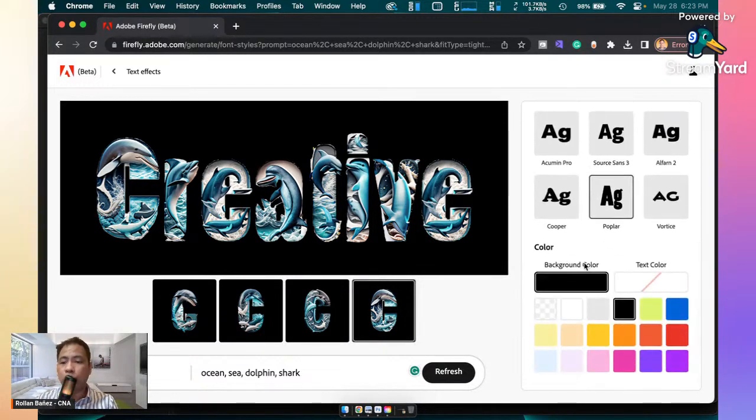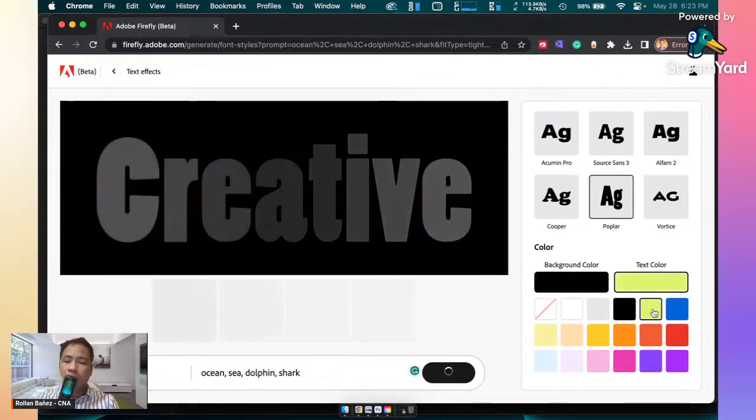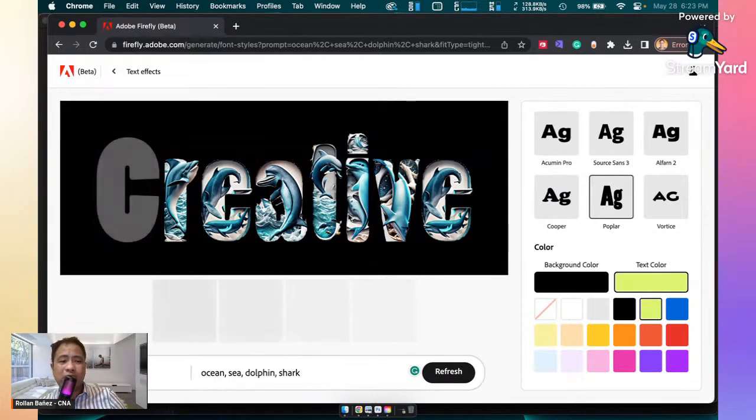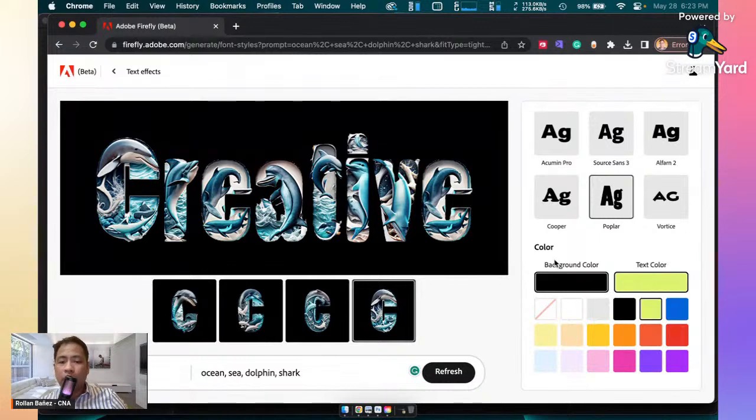But if you also want, you can just change the type of color. Let's click on here. This will again regenerate a new set of text effects, as you would see here. And if you want, you could easily create